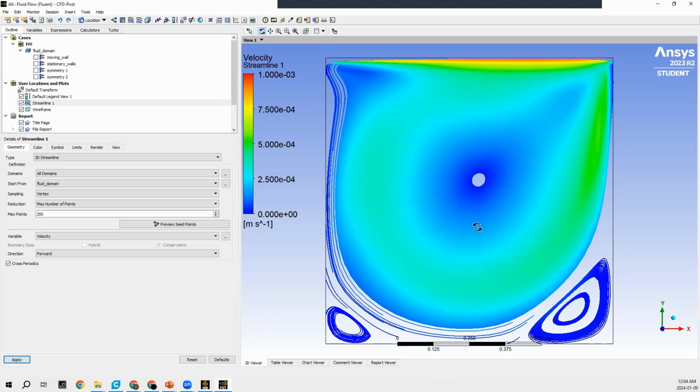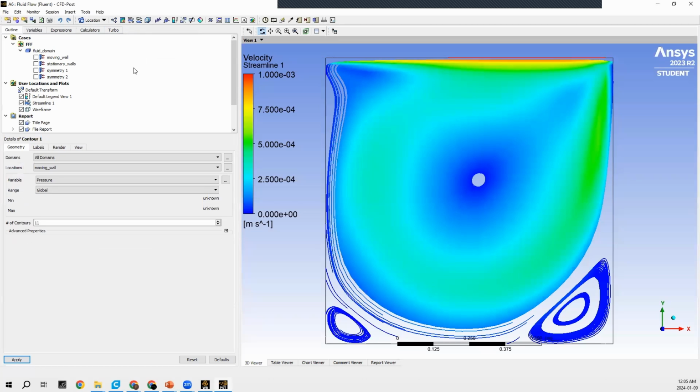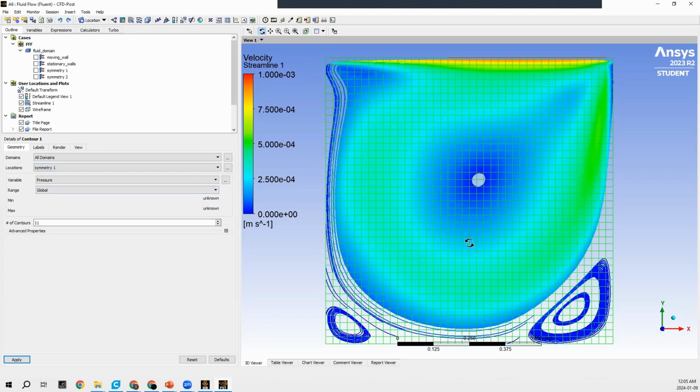rest of the cavity. So another thing that we can do is we can visualize the pressure distribution and velocity in specifically the X or Y direction in different contours. So to do this, I'm going to press on the toolbar icon here that says contours. And let's create contour 1. That is good. And for the location, I'm going to change this to symmetry 1, which is going to represent